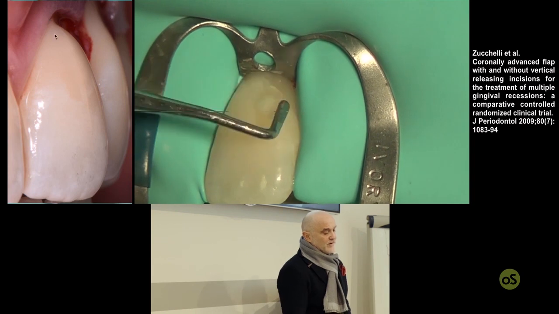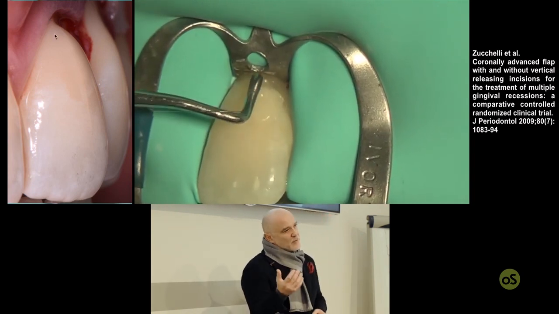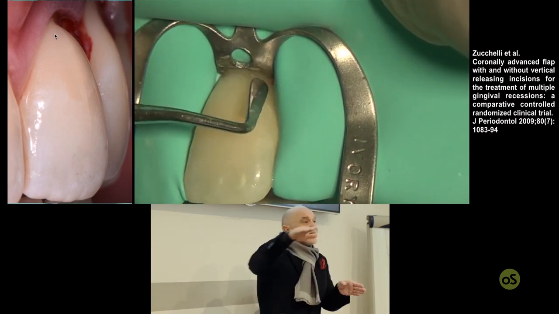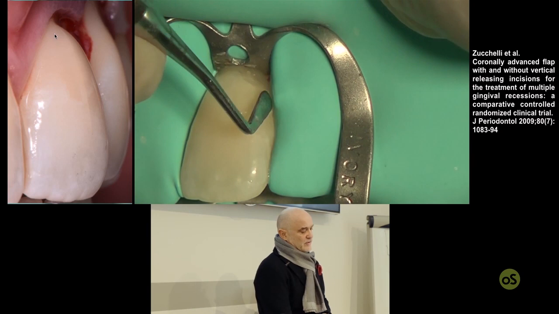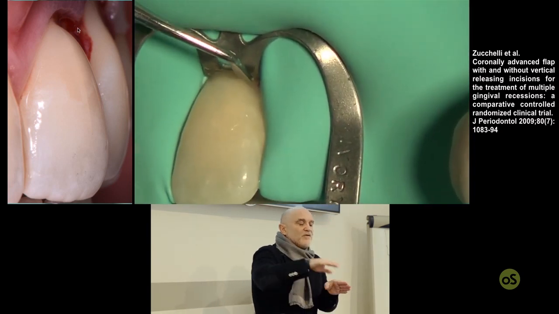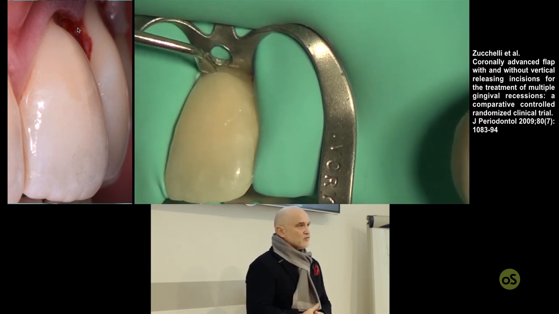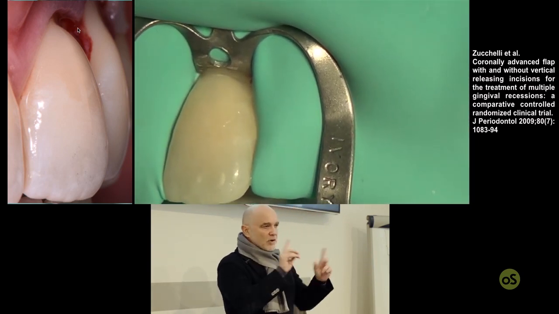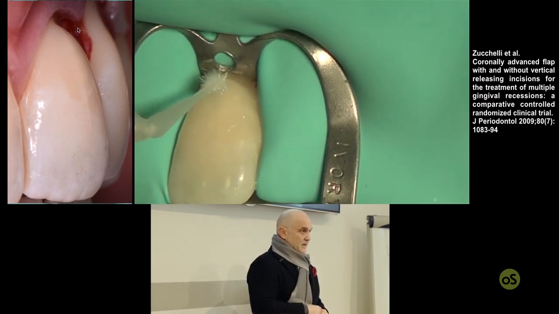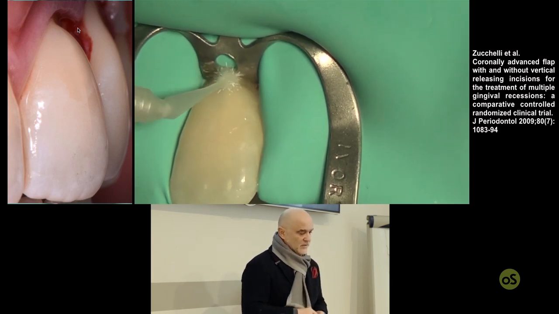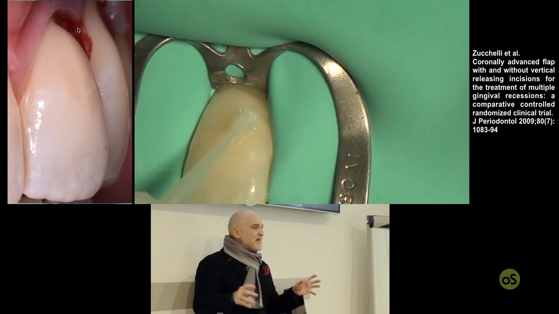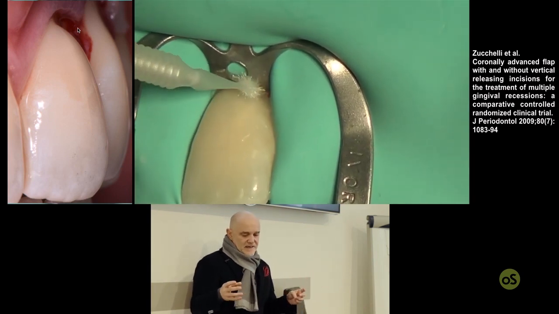If we don't want to cover the central too much, because otherwise the lateral would remain too long, we have to over-contour our composite restoration a bit more, so we are sure that the soft tissue margin will be placed apical to the over-contour of the enamel, with no risk of growing too much in coronal direction, because it's not nice to have a central incisor that is shortened with respect to the lateral. So just to tell you how this technique